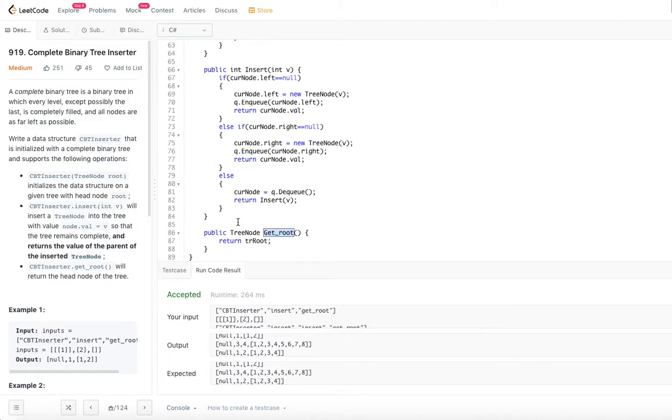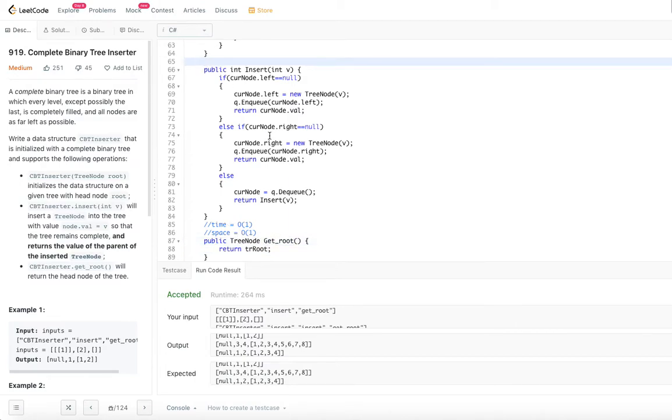Get root, the time complexity, we are simply returning the root, whatever it is there, right? So the time complexity for this is order of 1. We are not doing any processing here. And space complexity is also order of 1. We are not doing anything, right? Order of 1 and order of 1. That means constant time. So get root is a function of constant time and constant space.